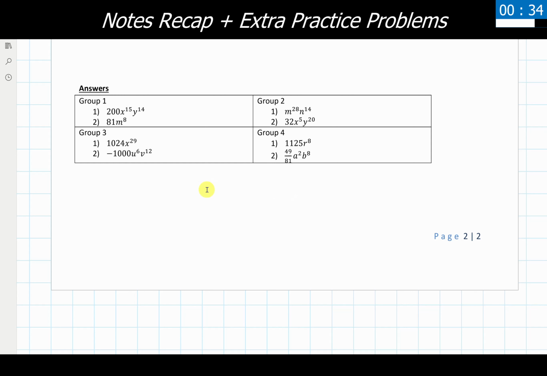I generally tend to find the errors that show up are either negative signs, or we've not rewritten the problem in a line or two to fully track what we're doing from one line to the next. A lot of people want to rush through and over-apply these properties really quickly, and I would just recommend slowing down, write things out. One or two extra lines of just showing your work isn't going to hurt you, and I think you'll find that a lot of errors will be fixed as a result of that.